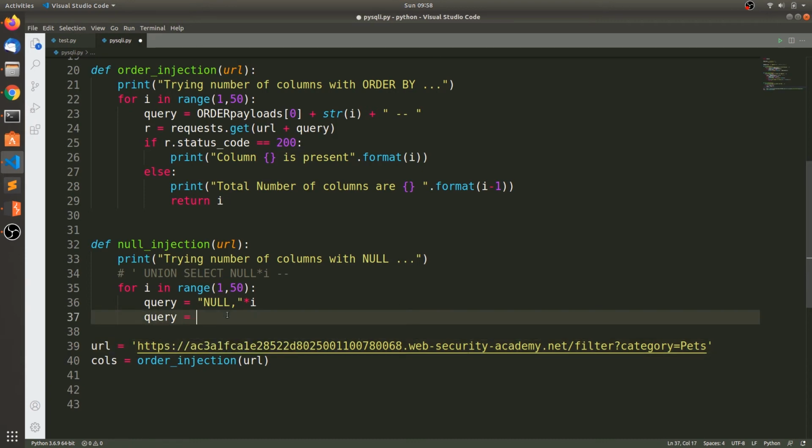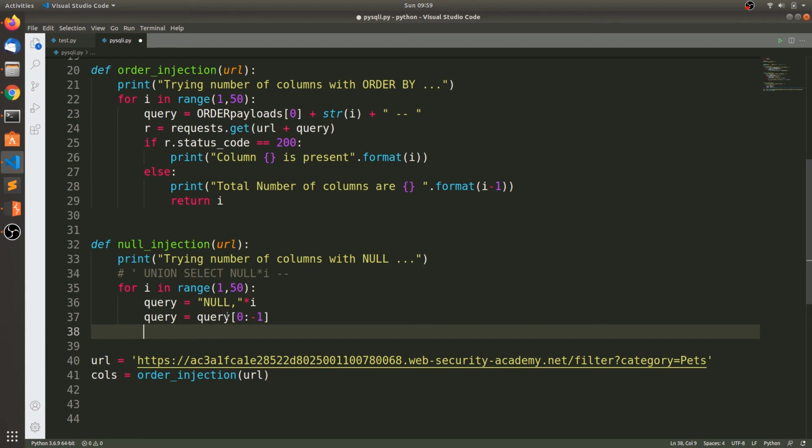To remove the last comma, you can say 0 to minus 1, because the last one is exclusive. So if i is 10, you will get 10 nulls with no comma at the end. This will be very useful for building our query.